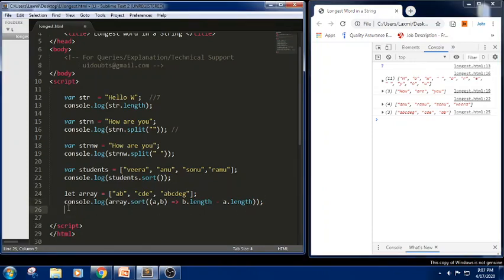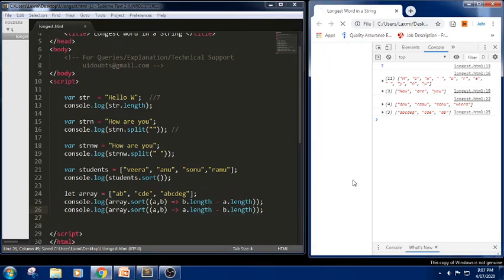For example, I want to print the same thing using, if I have written something like this, a dot length and b dot length. So what will be the output of the snippet? Let's see, so that you can differentiate between both of these. First one is trying to print from the characters which is highest to lowest. Next one is trying to print the characters from lowest to highest.